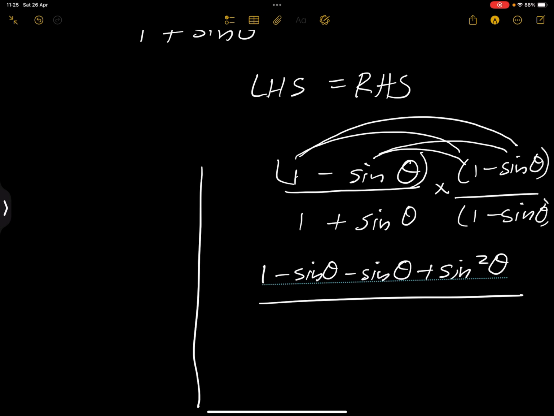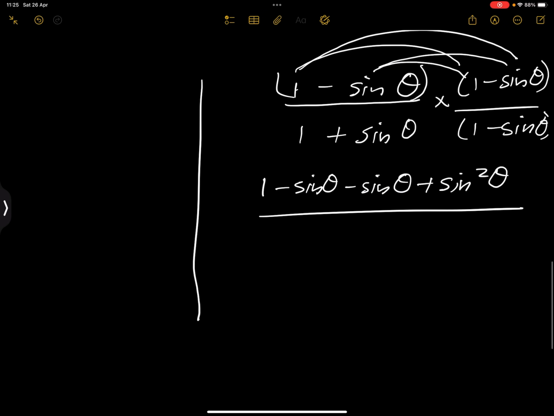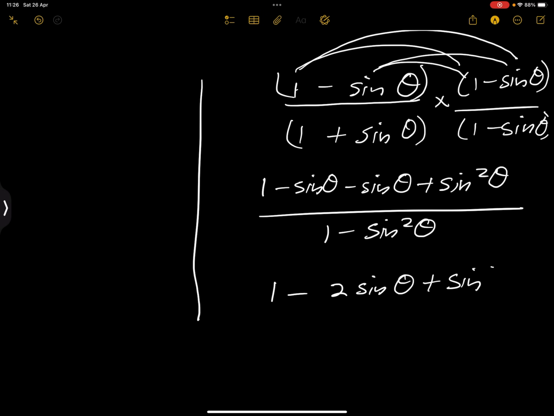Now notice at the denominator you've got the difference of two squares. I'm just going to write that down as 1 minus sine squared of theta, and when I add those two, I've got 1 minus 2 sine of theta plus sine squared of theta divided by